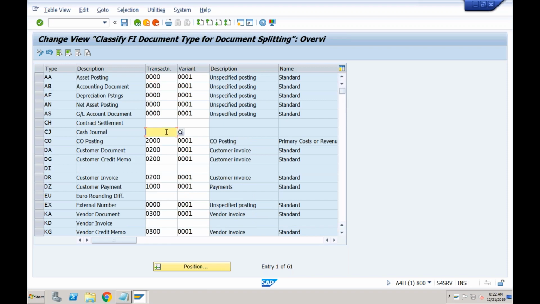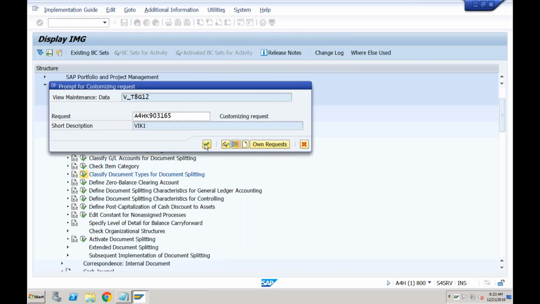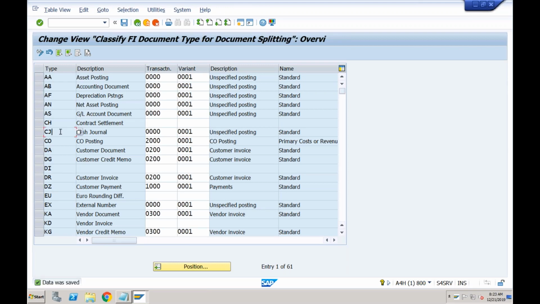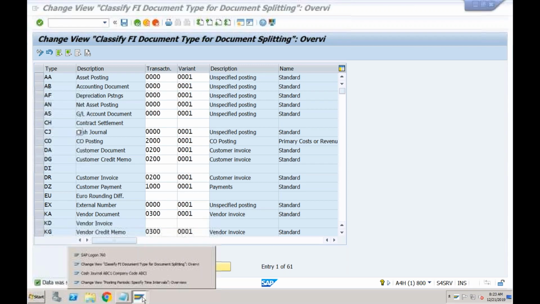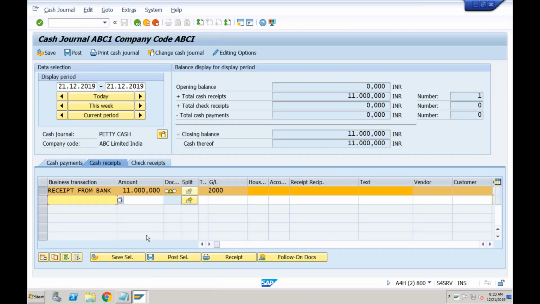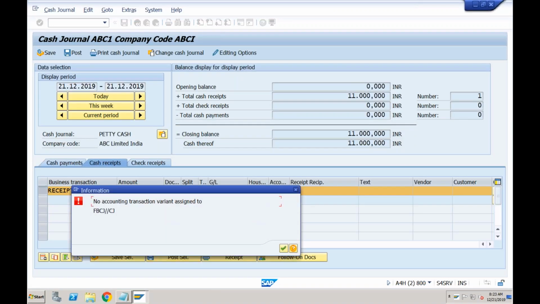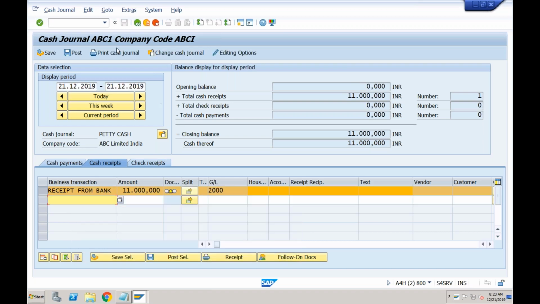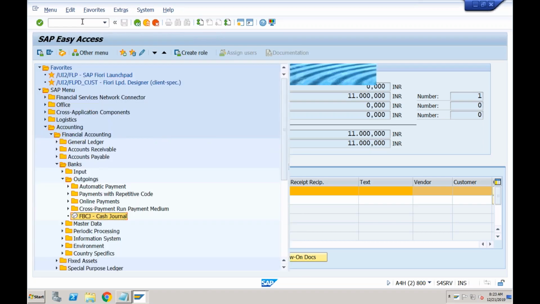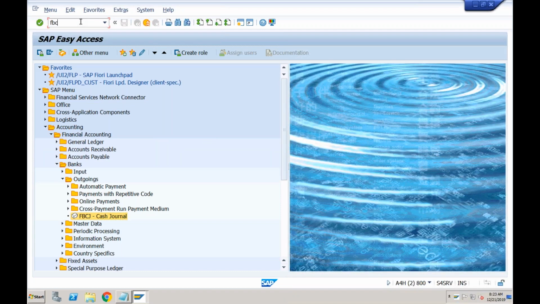So 4 times 0 and 0001. Okay, so now this document type will also perform the document splitting. So if you go to cash journal once again, select this line and click on post selected. If it is still showing the same error, just go out and come again. So again, FBCJ.